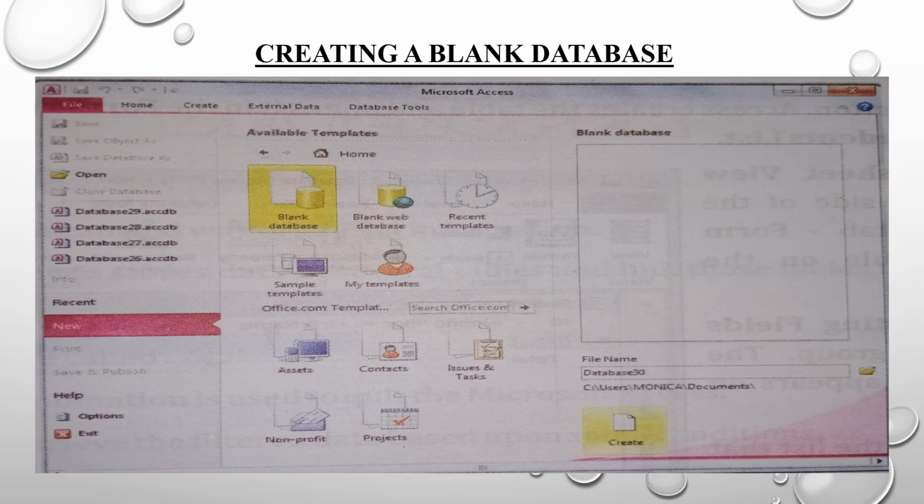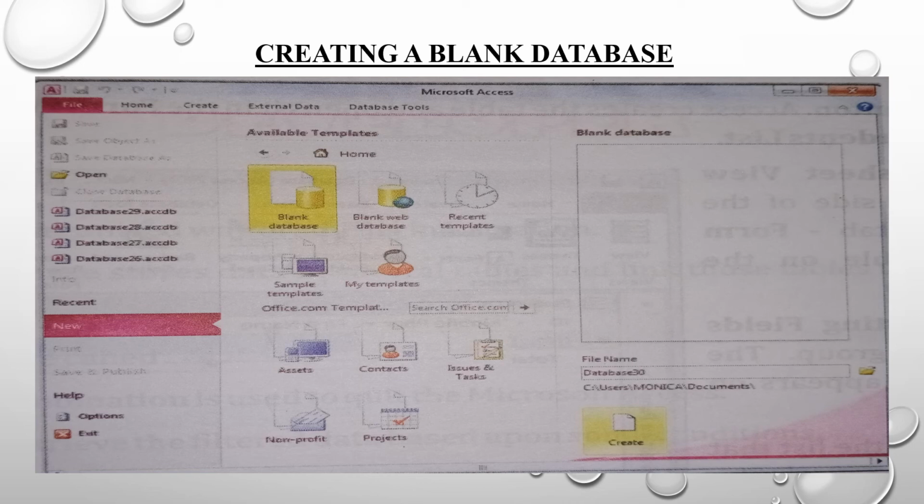When Access opens, you will find the Backstage view on the screen. Click on the File tab and select the New option. Under the Available Templates section, select the Blank Database option.